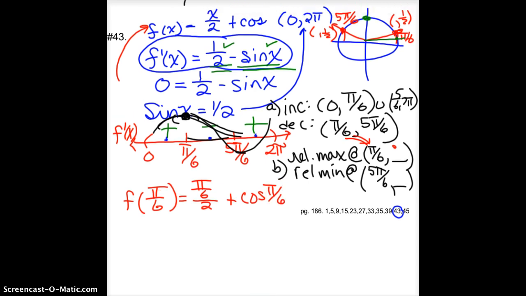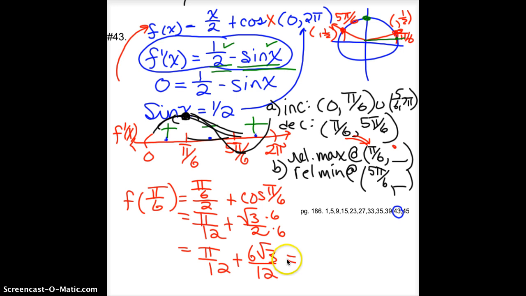I believe that was the original one. Yeah, I forgot the x on that when I wrote it. So when I'm trying to find what I've got there, I've got pi over 12, and cosine pi over 6 is root 3 over 2. In order to add those, I need a common denominator, so I'm going to multiply top and bottom by 6. I get pi over 12 plus 6 root 3 over 12, which would give me pi plus 6 root 3